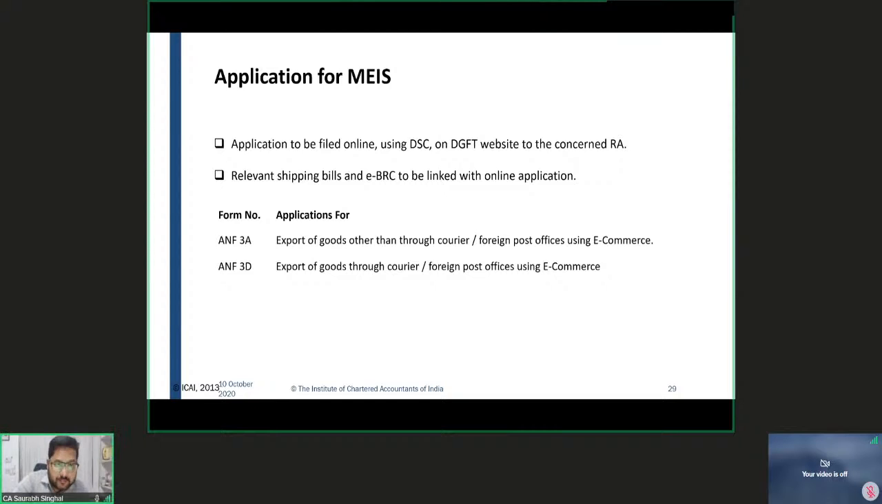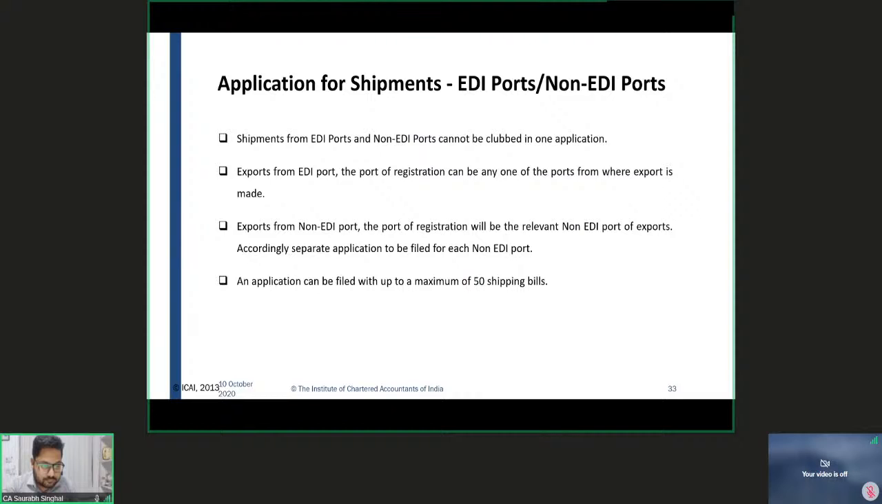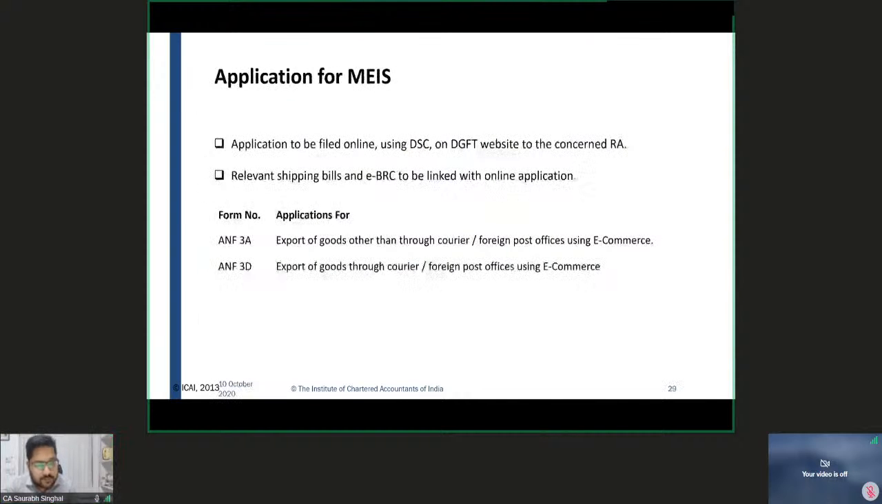How do you file for MEIS? What is the actual procedure for filing of duty reward scripts under MEIS? The first process is, whenever you export goods, you file a shipping bill or a bill of export. Shipping bill in case of sea and bill of export in case of land export or air export. So whenever you file this bill of export or shipping bill,